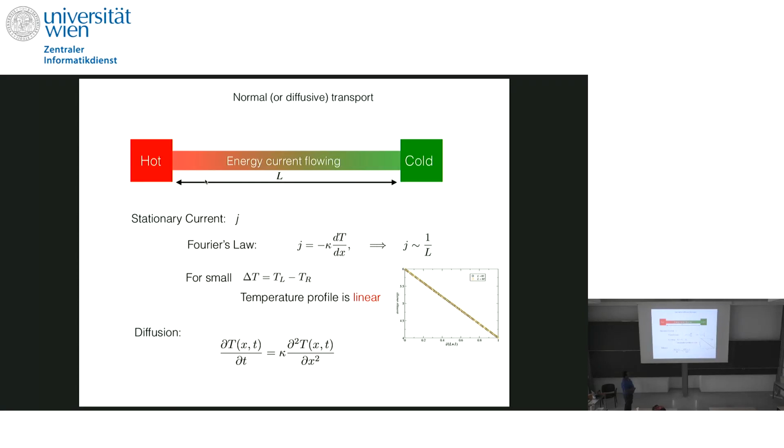This suggests that the magnitude of the current decays with system size as 1 over L. It also suggests that if the temperature difference is very small, the temperature profile in the stationary state is a straight line, it's linear. And if you start from an arbitrary temperature profile, it approaches this profile following a diffusion equation. However, all these things are not valid